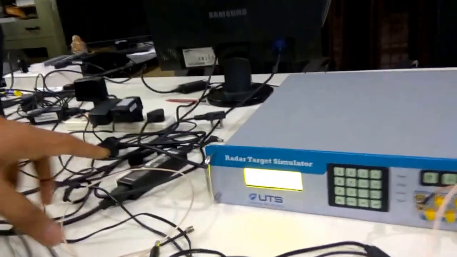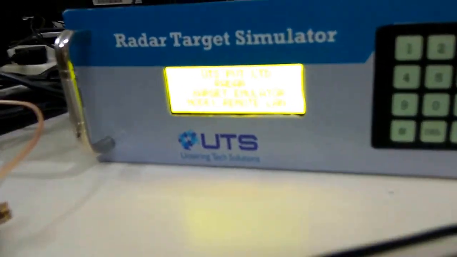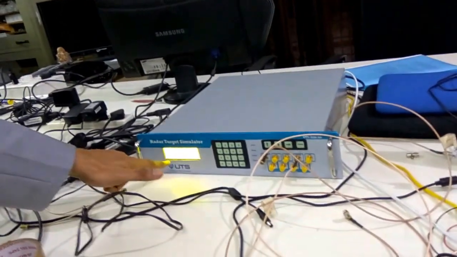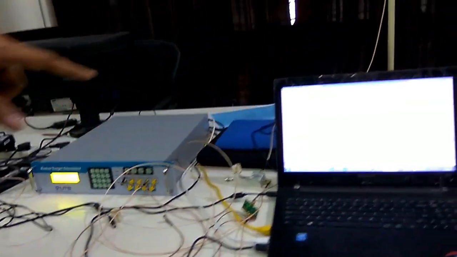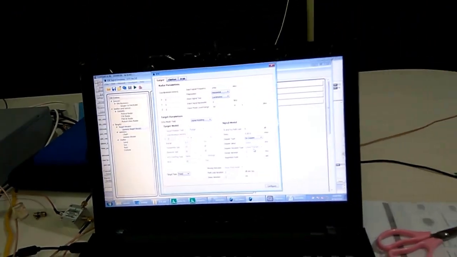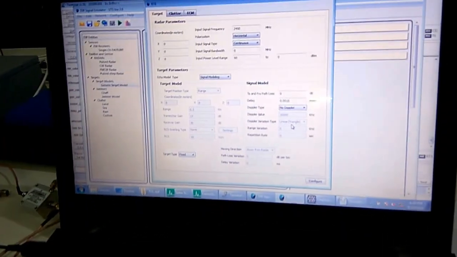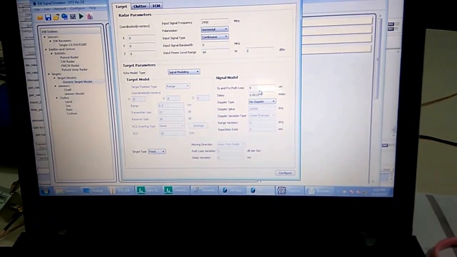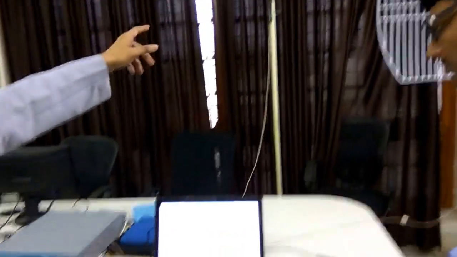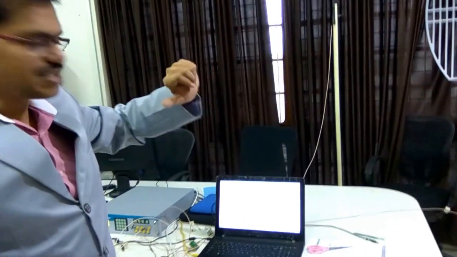This is our radar target simulator, connected here. This product can be configured into either a front panel control mode or the remote LAN mode. Right now we configured it into the remote LAN mode, so you can look at the computer screen, where the same software is running. Right now this is not a calibrated setup, just what we have put up as a demonstration in our lab. So there will be attenuation losses from the antennas and the propagation loss.